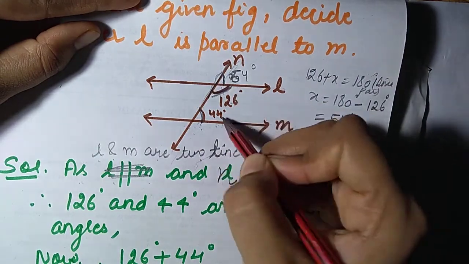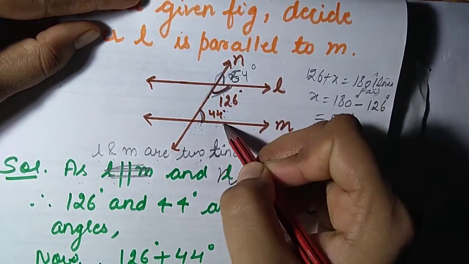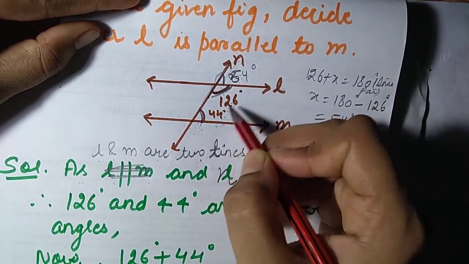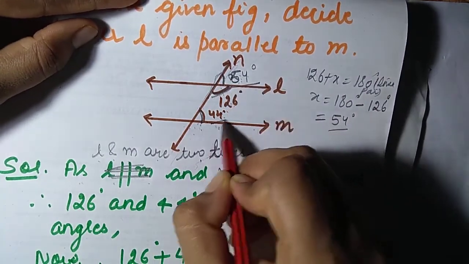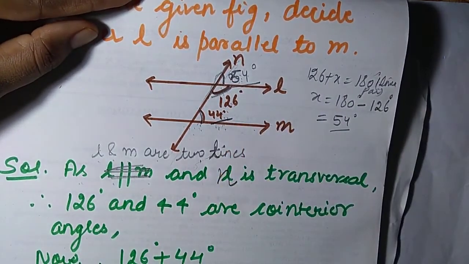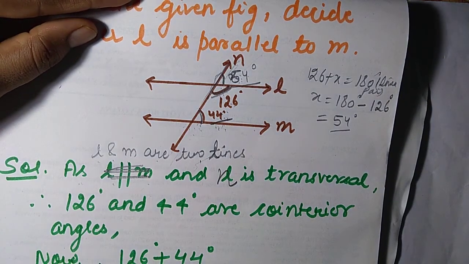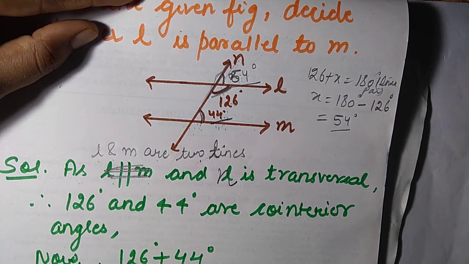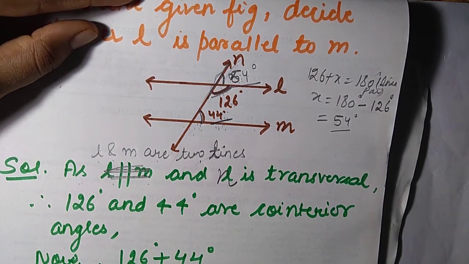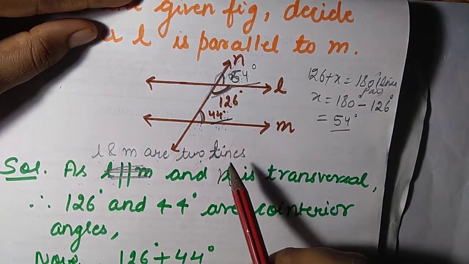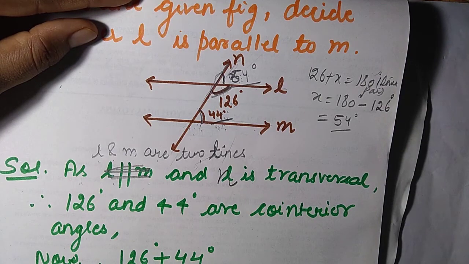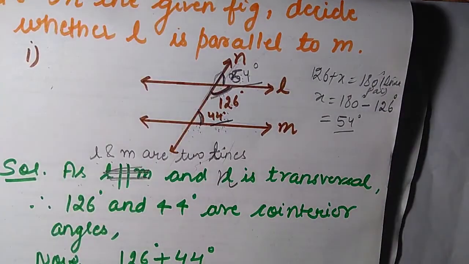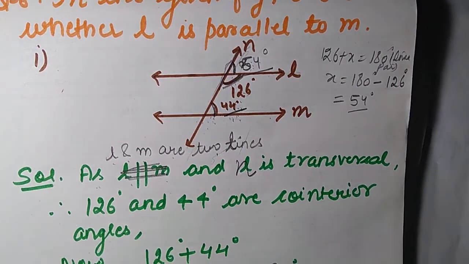Now 54 and 44 are acting as corresponding angles. So they must be equal whenever the lines are parallel. But here in this case they are not equal. So we can say the lines are not parallel. Same way, you can prove alternate interior angles are unequal, or you can prove alternate exterior angles are unequal. Any one of the ways you can follow. Here I have just applied that the sum of co-interior angles is not 180, so the lines are not parallel. So this is one part. Now come to the second part.